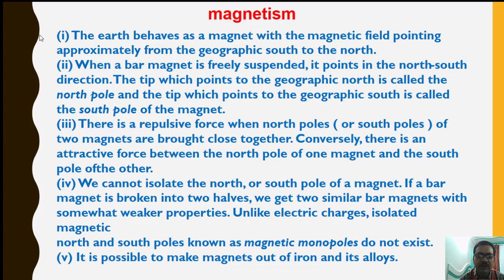Very important, bar magnet is an elementary unit in magnetism. We cannot separate north pole and south pole. When we compare it with the electric dipole, the electric dipole is not a fundamental unit of electrostatics. It is made of two different things, different charges, positive charge and negative charge. But in magnetism,